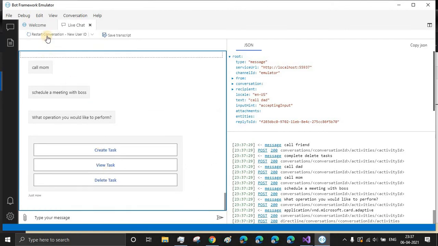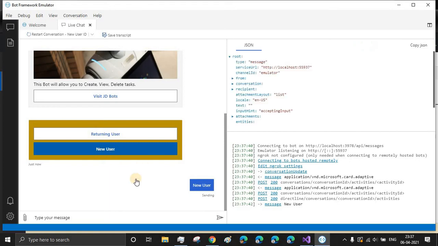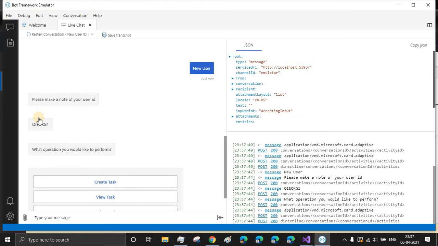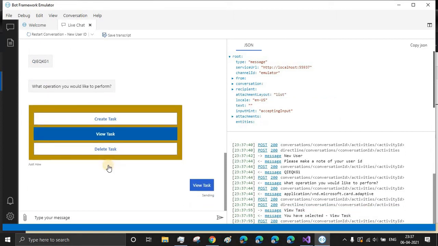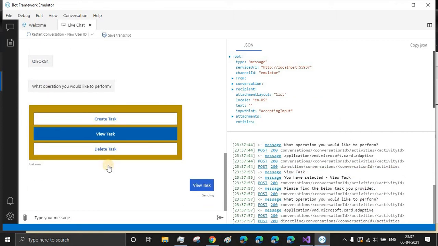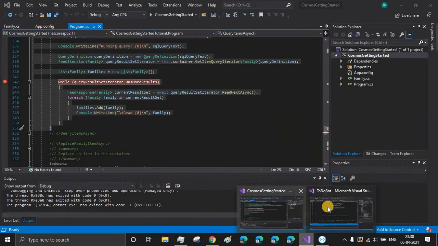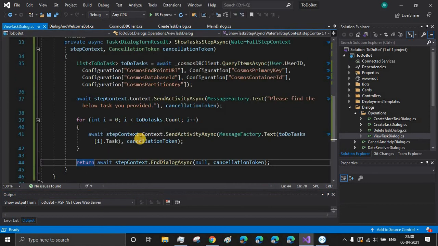Well, I'll restart the conversation and this time I'll select the new user. It gets me the user ID and let me copy the user ID. In this case, I'll click on View Task and since we don't have any task, it will show nothing. This we can change. Going back to the ToDo Bot and in the View Task dialog,